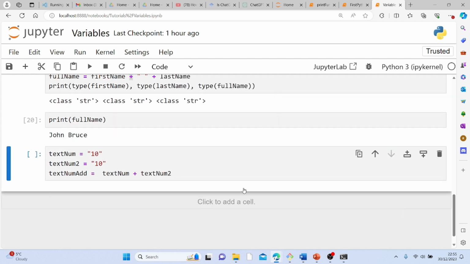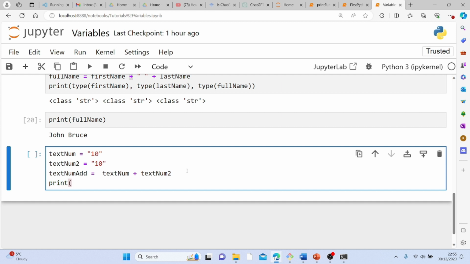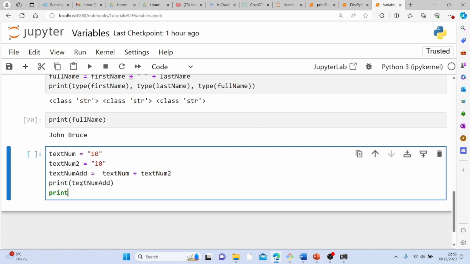So if we print the value of this, and we also inspect the type of text number here, the type here,